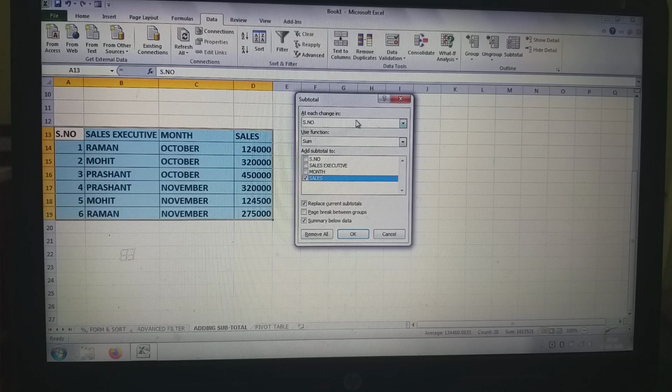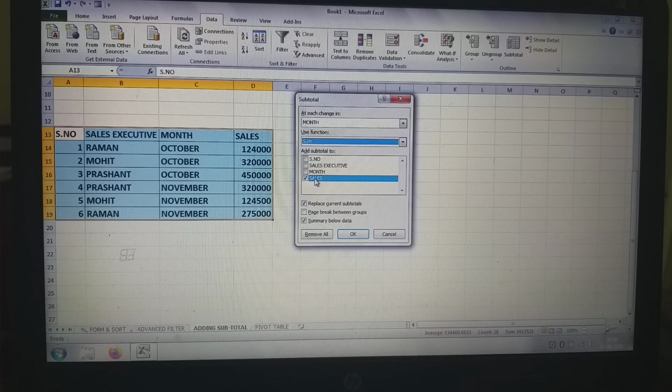Choose month from the at each change in drop-down list. Month is selected. To calculate the sum of cells, select the sum function from the use function. Sum is already selected. The add subtotal to checkbox for the cell is also selected here.